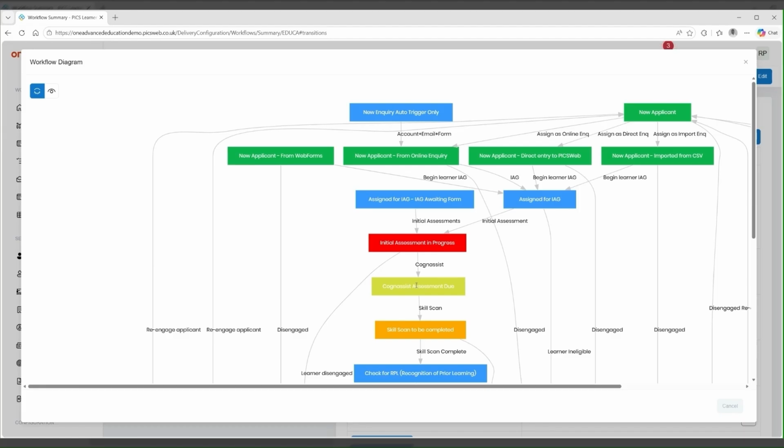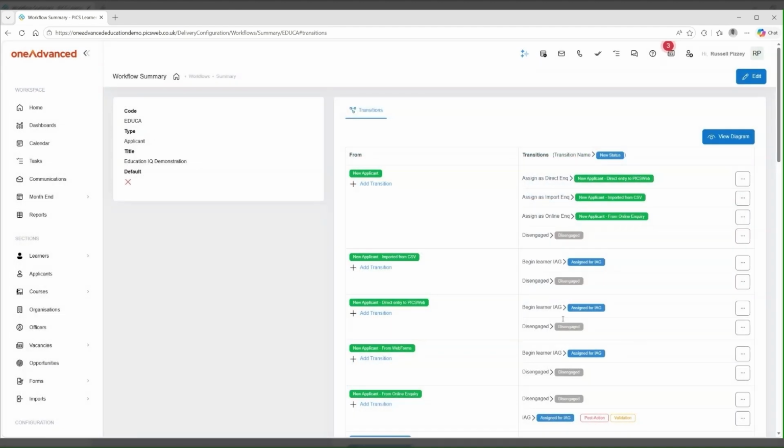You can trigger these assessments automatically and pull the results back into the learner record. This helps you evidence inclusion. In a similar way, we can trigger the initial assessments for Maths and English automatically for both the functional skills, emailing the learners with their login details, allowing the learner to complete the assessments and bring those results back into